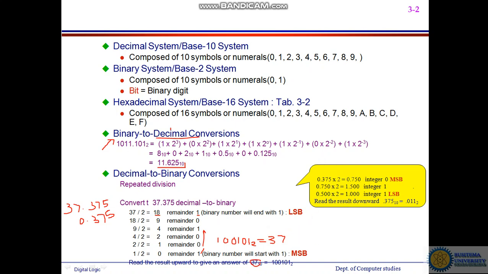Okay, so now remember that we have the 0.375 to take. This one is going to be a multiplication. So we get 0.375 times 2. This one gives us this. So therefore the integer is going to be 0. We go on, get 0.75, the one we have here, and multiply by 2, you get 1.50, and that means you have